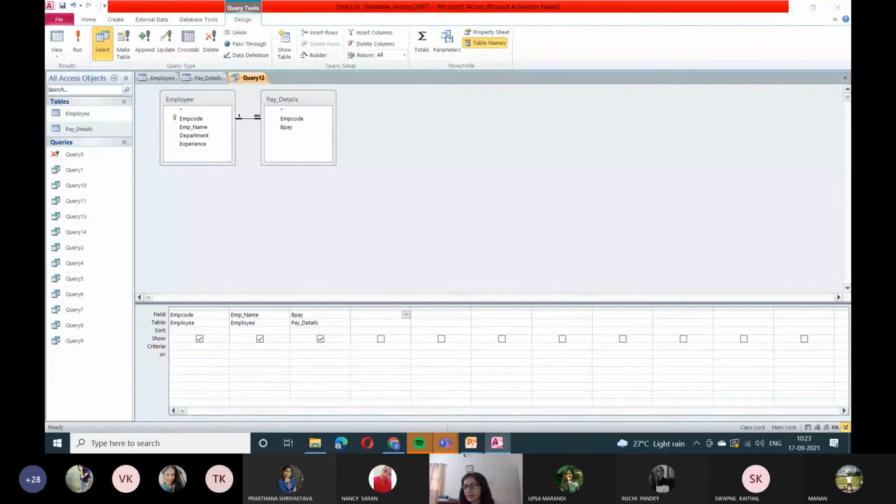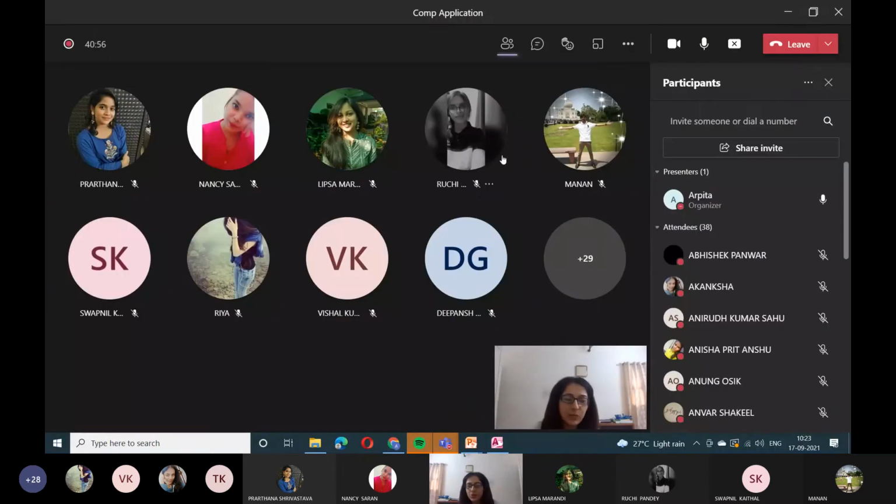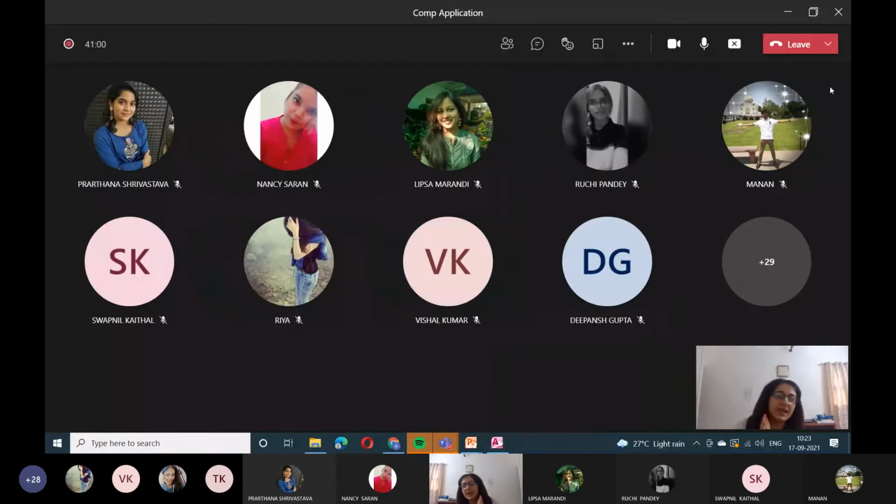Is this clear? Is the first step very clear? If not, let's do it right now. All of you please do it. You only need to get to the expression builder dialog box. I am repeating. You will create a query with the details that you need, like employee code, employee name, and basic pay. In the blank field, you will either right click, which gives you an option of build. Click on build, and the expression builder dialog box should appear.